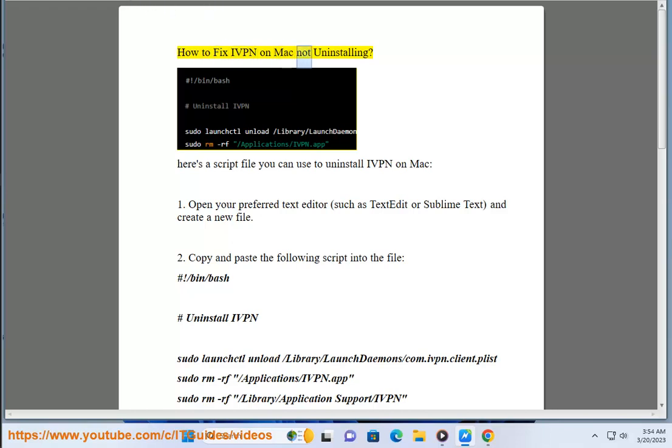How to fix IVPN on Mac not uninstalling. Here's a script file you can use to uninstall IVPN on Mac. 1. Open your preferred text editor, such as TextEdit or Sublime Text, and create a new file. 2. Copy and paste the following script into the file,